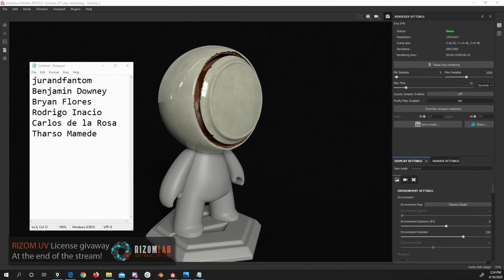Another question, I'm sure you have a nice library of materials. How often do you reuse materials? And how often do you just spend more time to create new ones from scratch? It depends. For example, if I'm making a scene and I'm creating the main asset, usually for the main asset I try to create the material from scratch. For every other part of the environment or small parts, sometimes I just don't have the time to create the material from scratch, and just grab something from Source, or